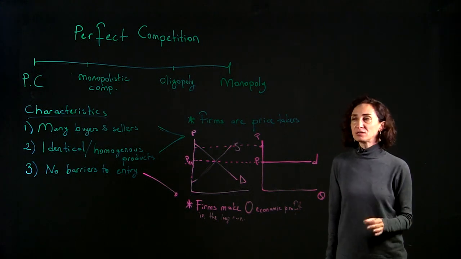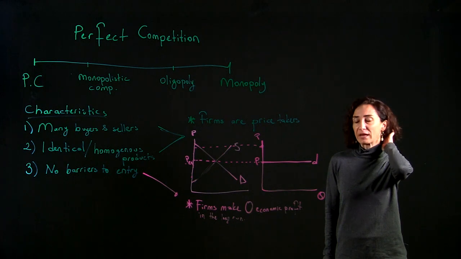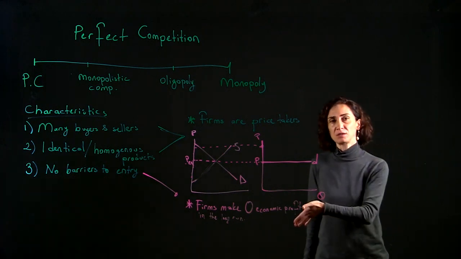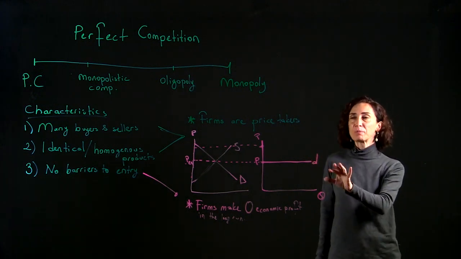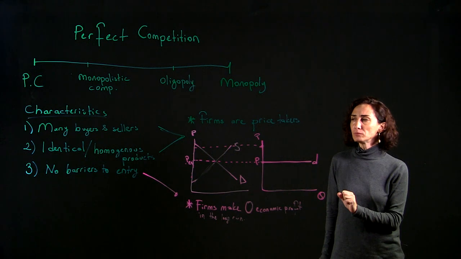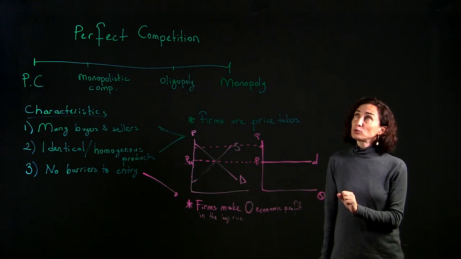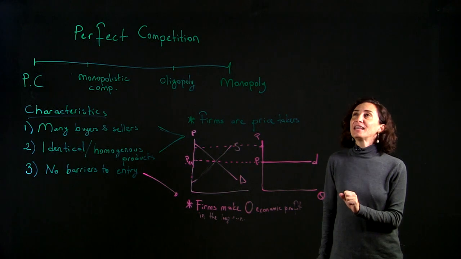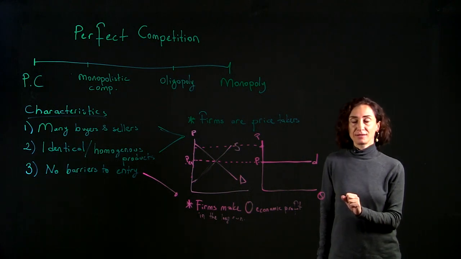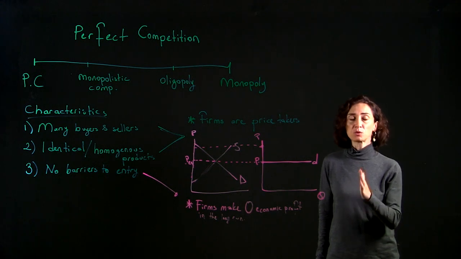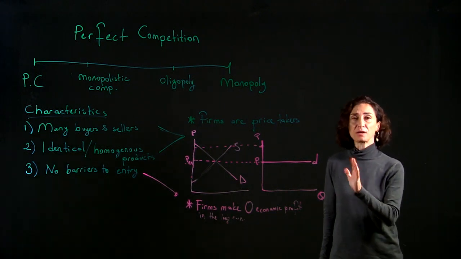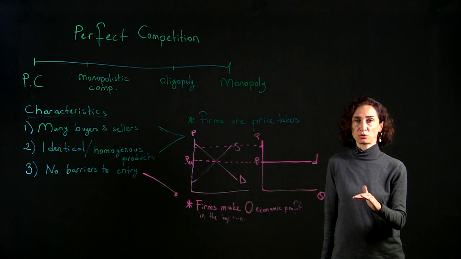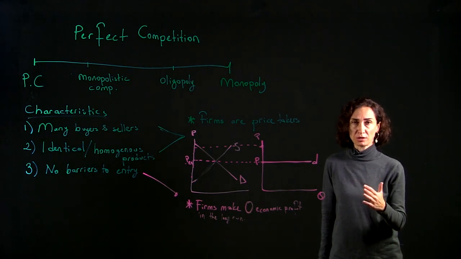Okay, in the short run, we talked about how there is a fixed input. In the long run there are no fixed inputs. But this is not about it. There is something else. Actually, it is about it. So, in the short run, we take the number of firms as given. The number of firms in a specific market cannot change in the short run. That is the definition of short run.